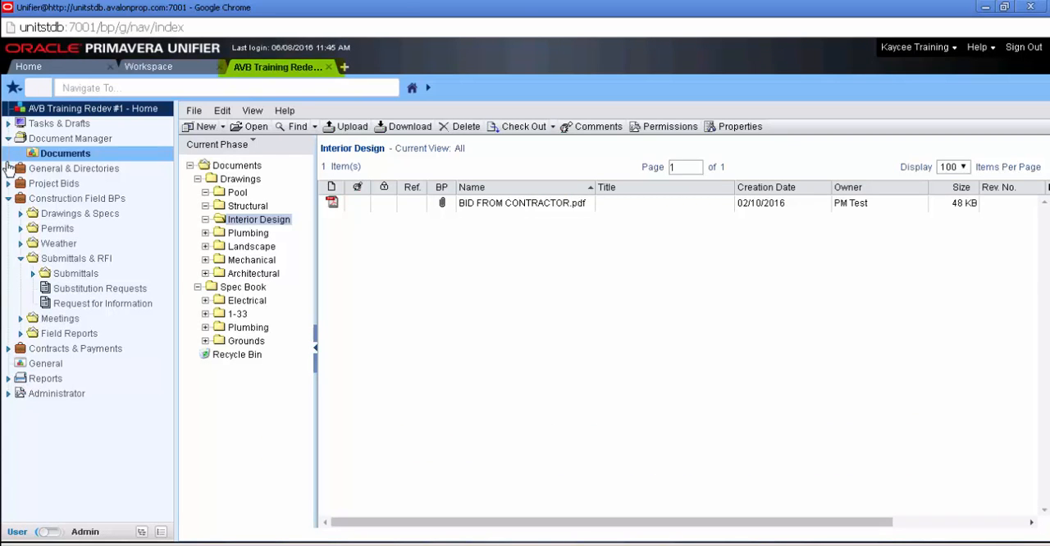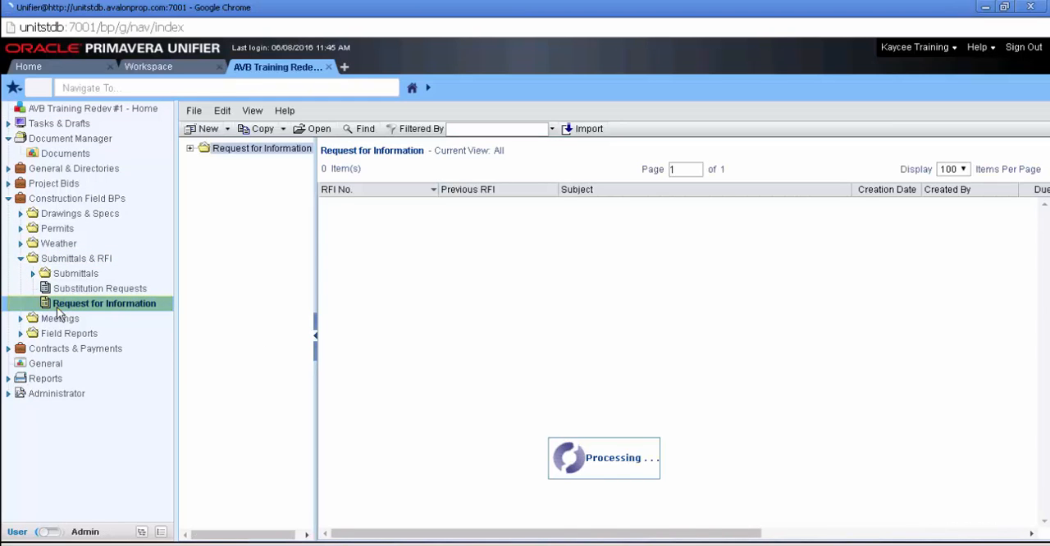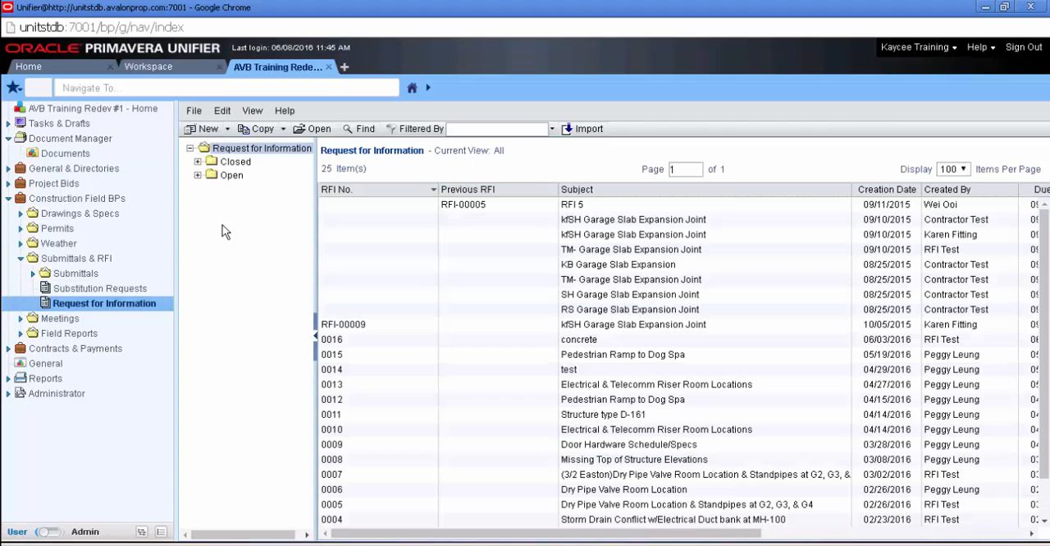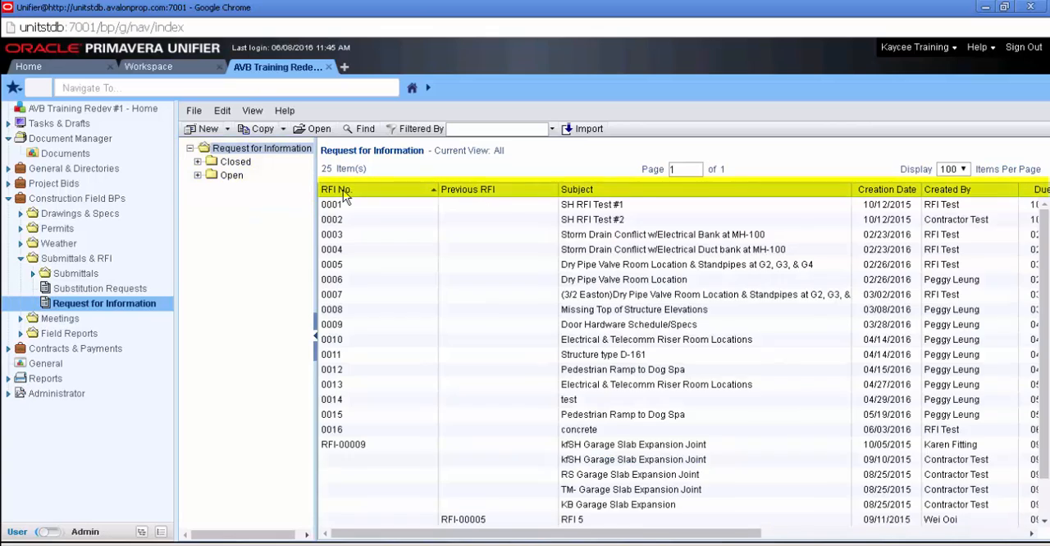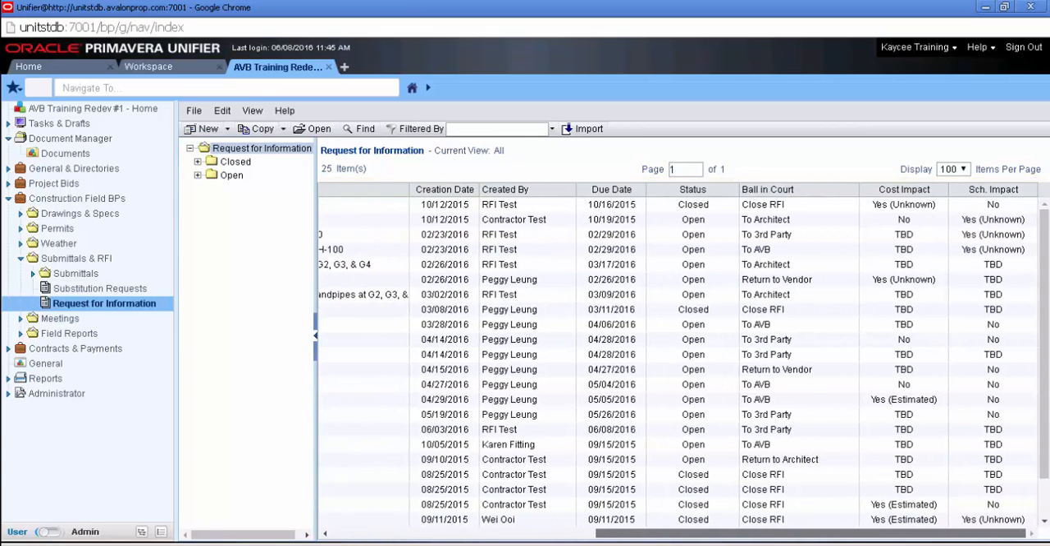Still on our Project tab, we'll come down to Construction Field BPs, Submittals and RFIs, Requests for Information. Here you can see they've been filtered for you by closed or open RFIs. You also have the ability to click on any of these headers to resort the information. When we scroll across, you're able to see the status and the ball in court to know who the record